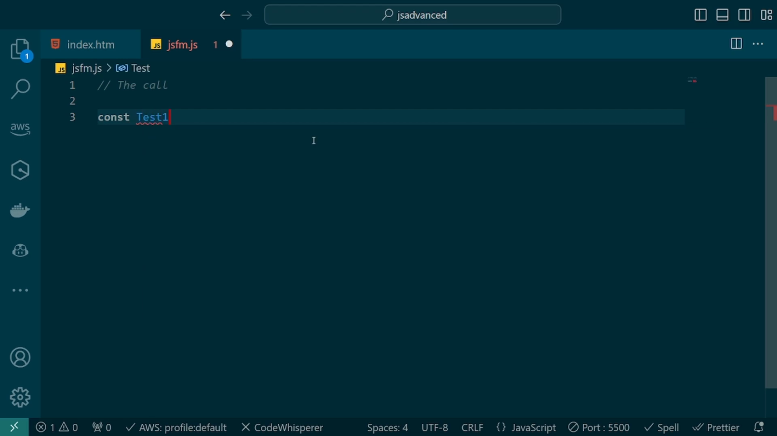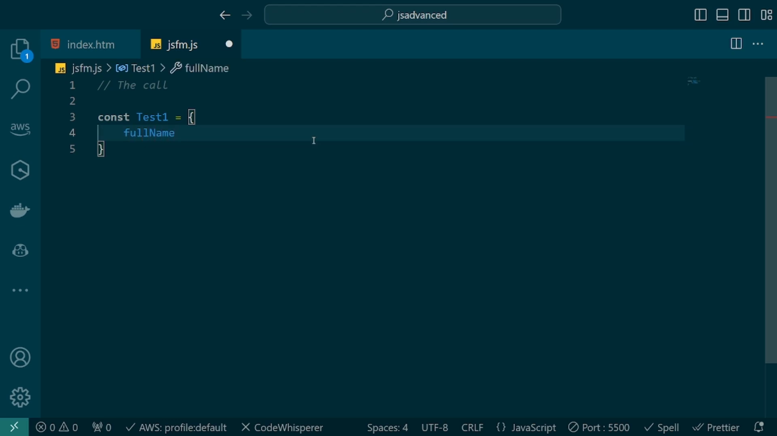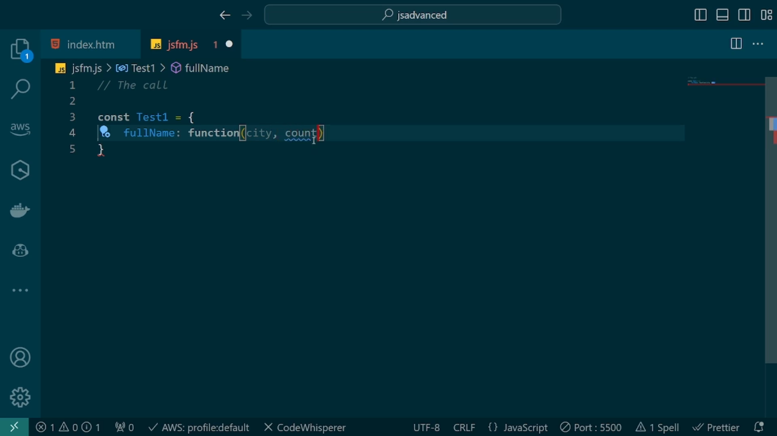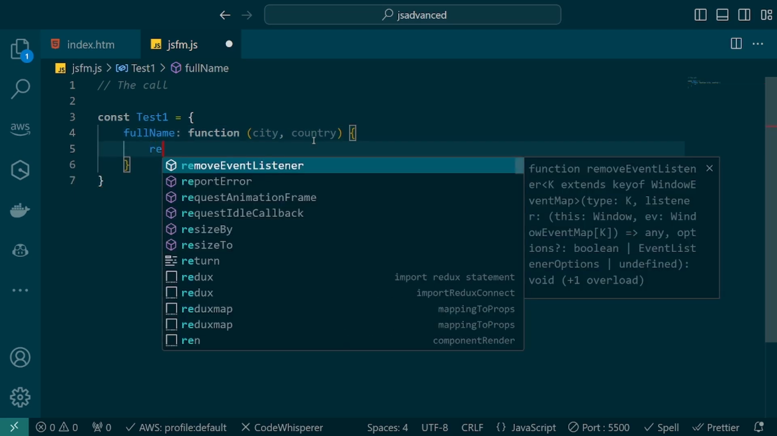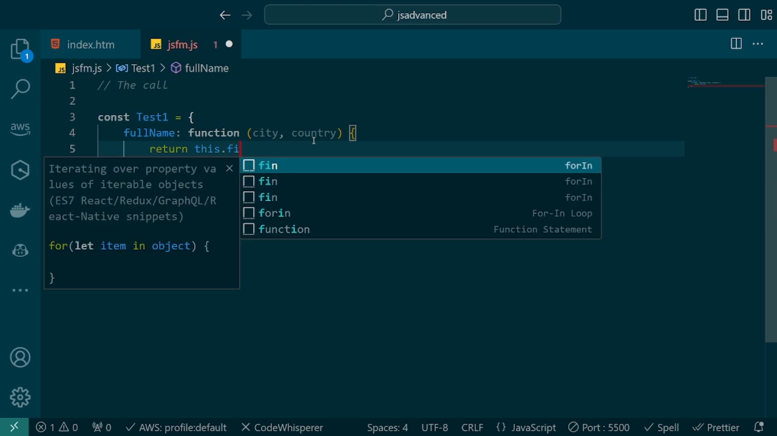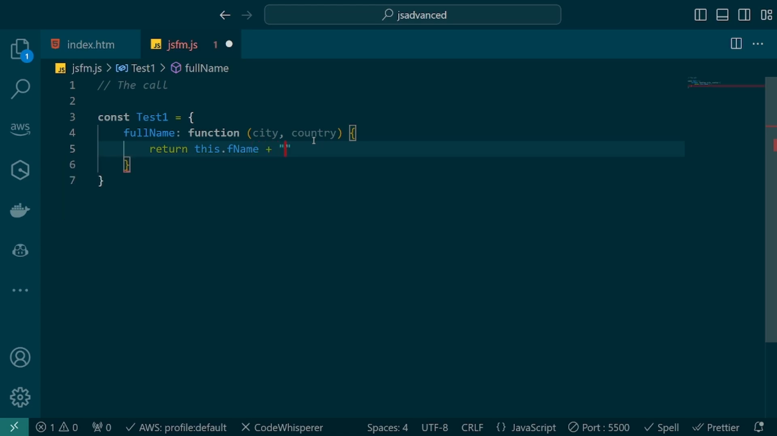Test one equal to, here the full name. Full name is the function. In this function, I want to take city and country. Then here I would like to return: this.fname plus space plus this.lname,